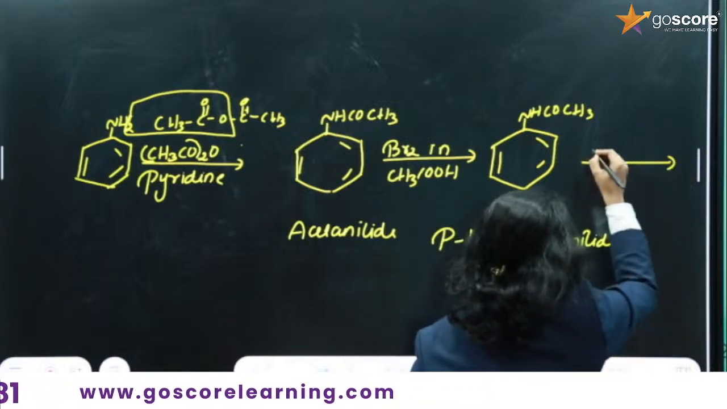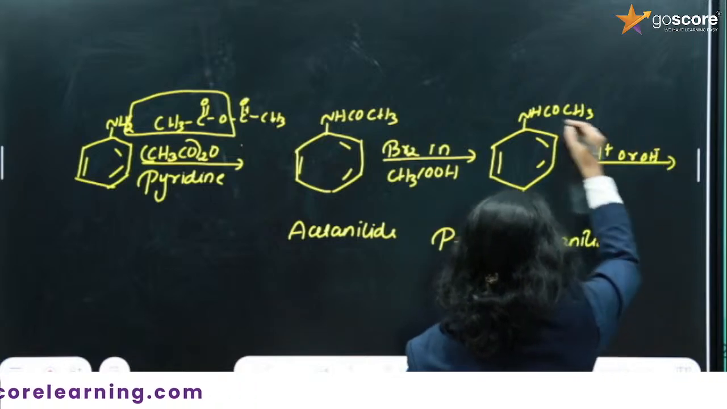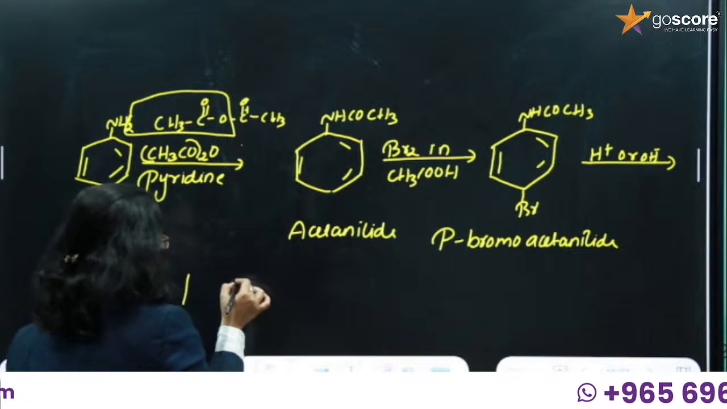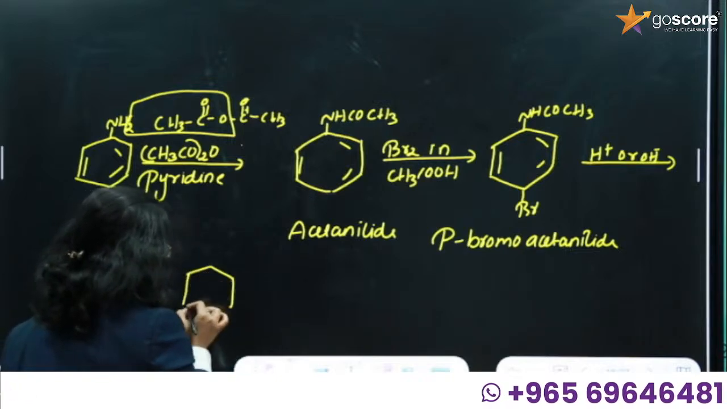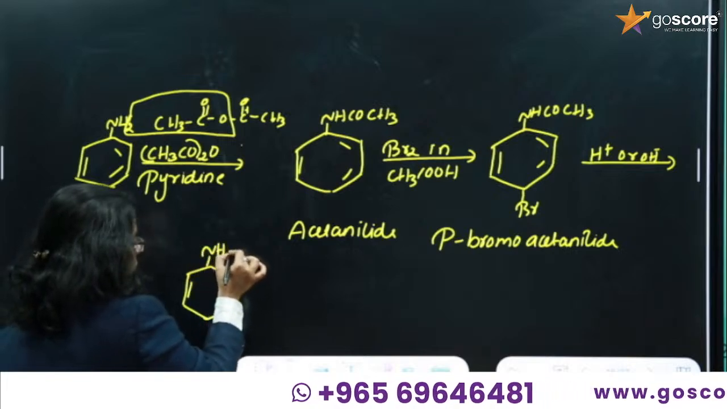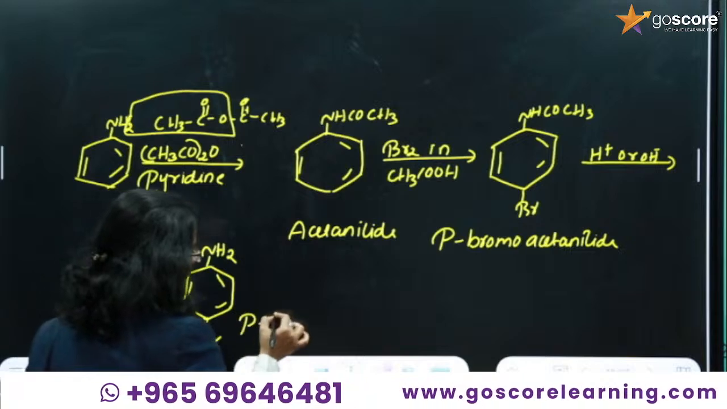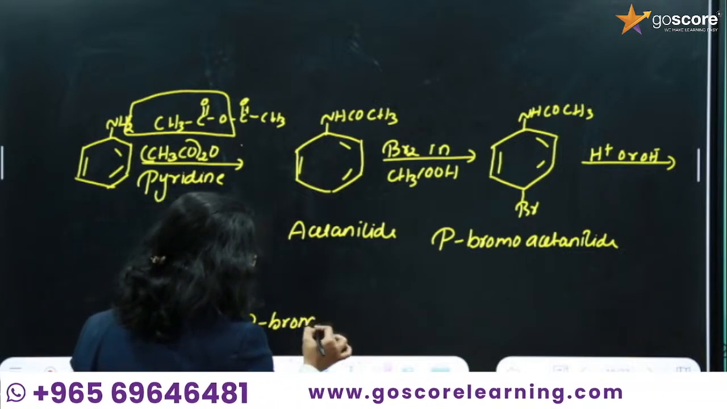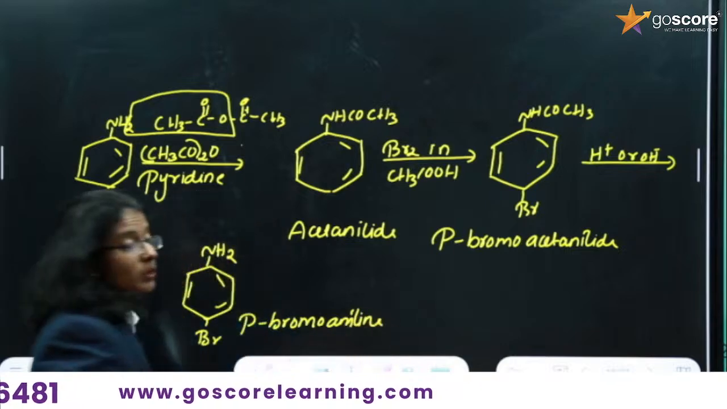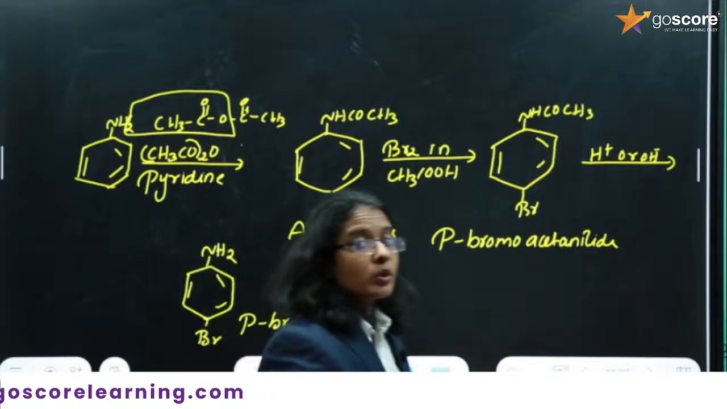This on hydrolysis, this group, COCH3 group will be eliminated, and then you will get NH2, Br, that is para bromo aniline will be obtained. Mono substituted aniline will be obtained. Para bromo aniline. So this is all about